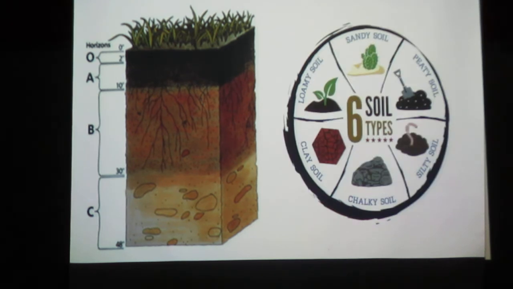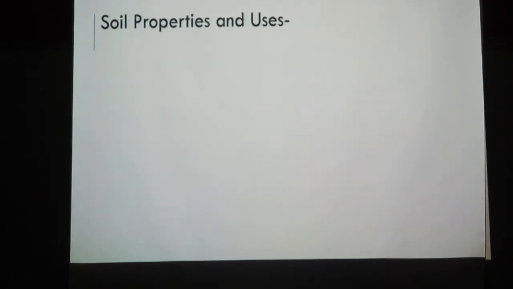There are 6 major soil types. You see there's sandy, peaty, silty, chalky, clay, and loamy. There's actually 12 types because they take a type in between each. They'll say like loamy sandy, sandy peaty, and peaty just means it's made of peat. You might have seen that at the greenhouse before, peat. We have clay, and I think it's probably clay bordering on loamy here. Kind of interesting to see all the different soil types. Okay, last slide talks about soil